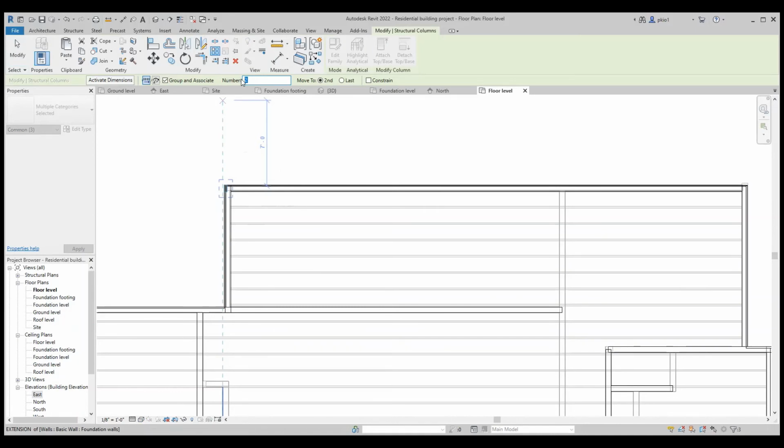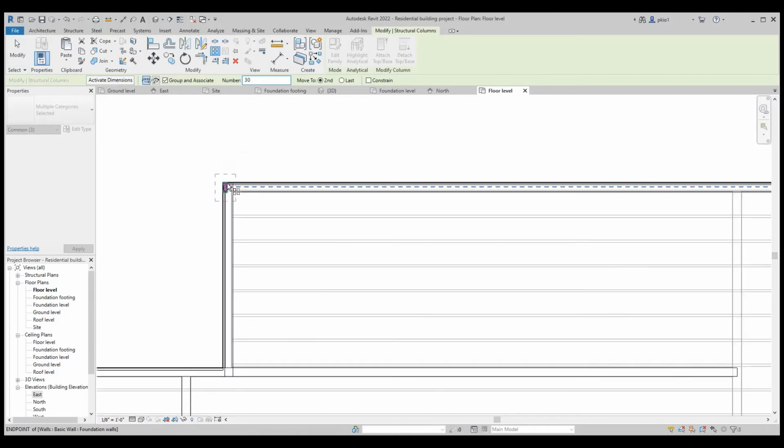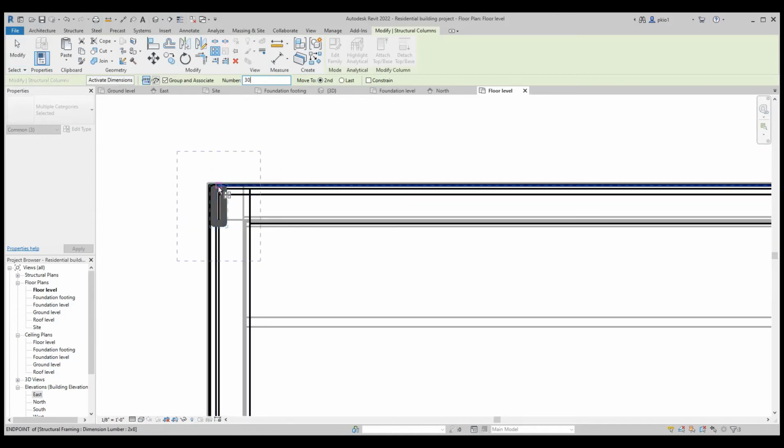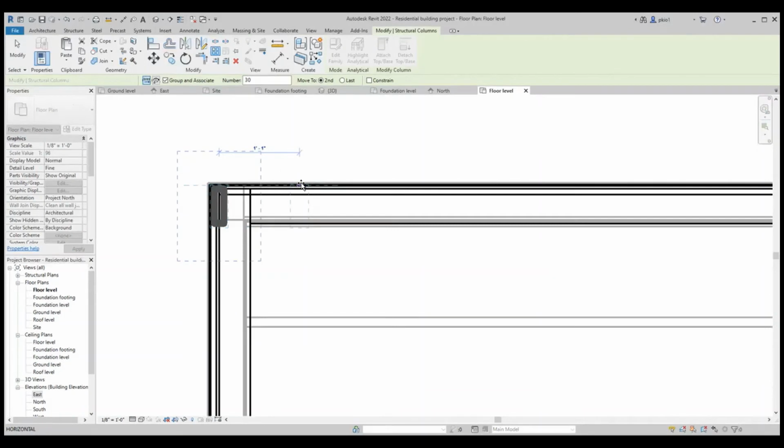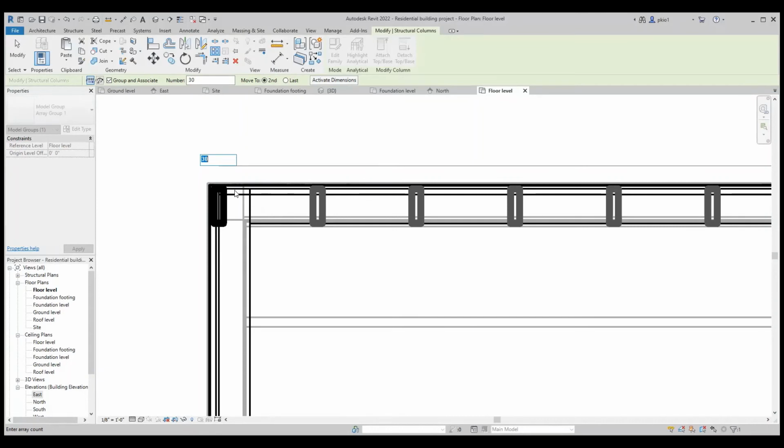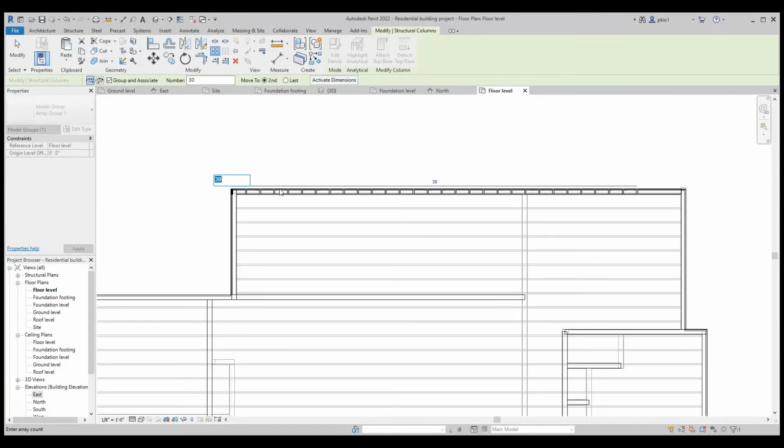So we come here and say maybe 30, and come over here from the middle up to 16-inch spacing. That's 1 foot 4 inches. We click. So it generates 30 studs.